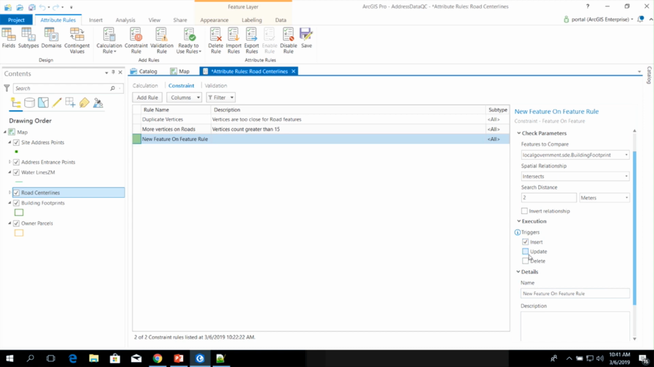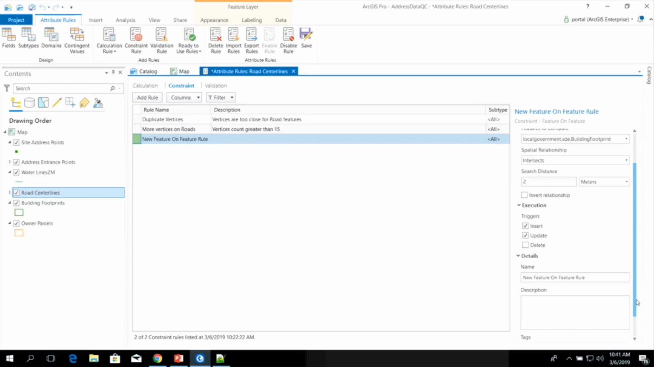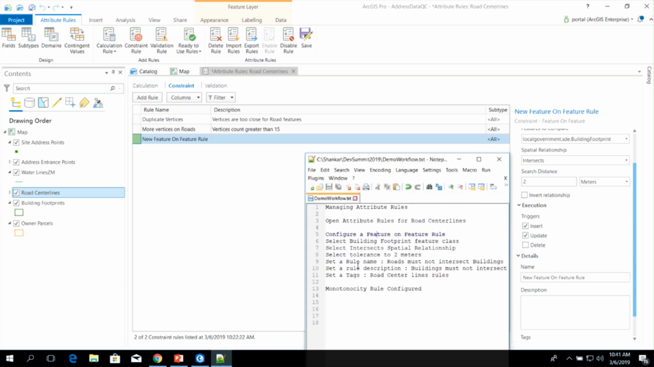You can do that at insert and update, and then since it's a cross layer rule, I would actually go ahead and establish another rule against the building footprint, very similar to the one that I configured against road center line. So building footprints intersects road center lines, and then ensure that runs on delete. So if you delete any of those features in either way, if they do intersect or if they are crossing, then you want to identify them as a problem. At this point, I'm not going to do that. So I'm going to give a brief description to that,